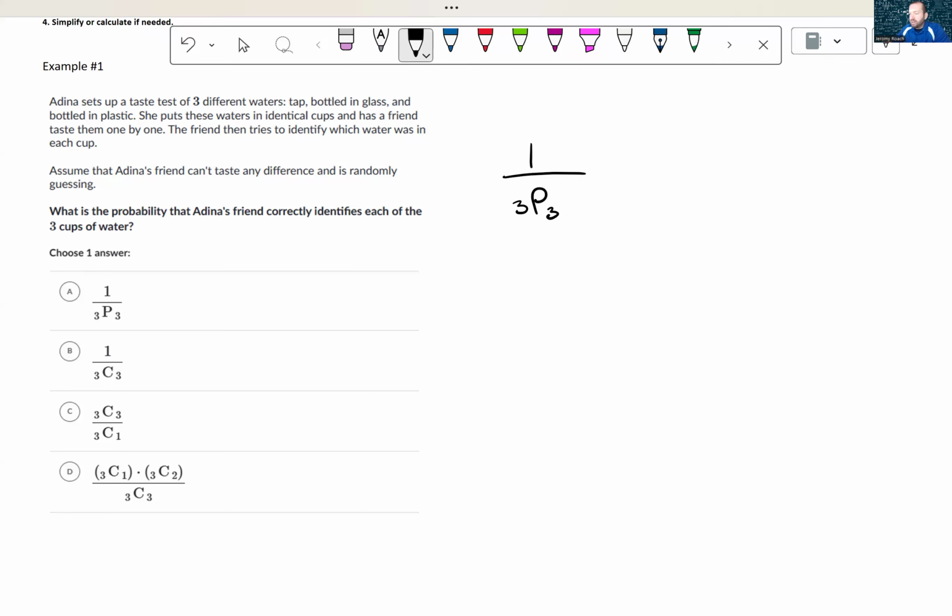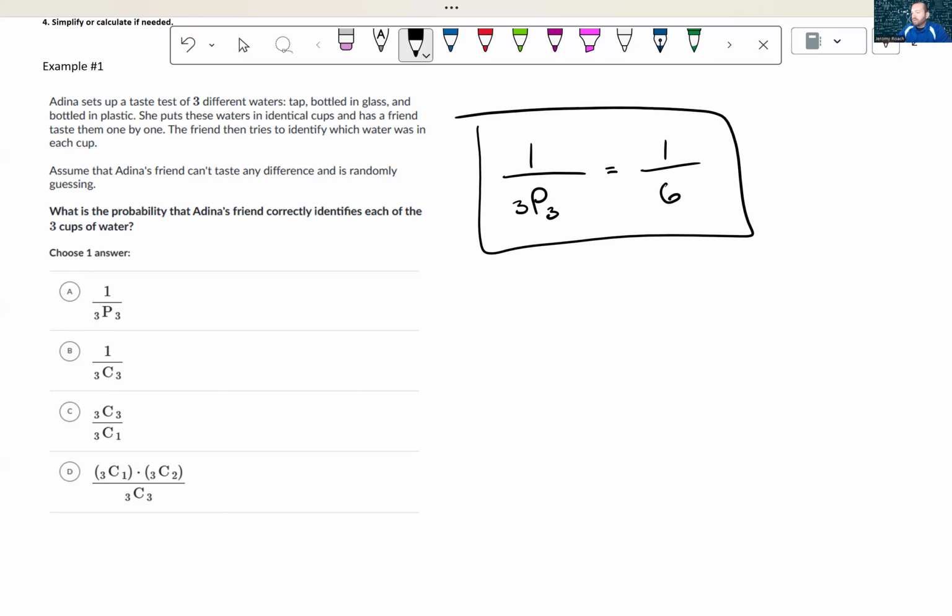And so that's our probability. And we could simplify 3P3 using permutations, and we're not going to do that. We did that already with enough examples, I think. But that is equal to 6. So these are equivalent statements. That's how we would write the probability there. So this is going to be A for this one. We're going to do a couple more of these because I think these can get a little bit tricky. So our next one is